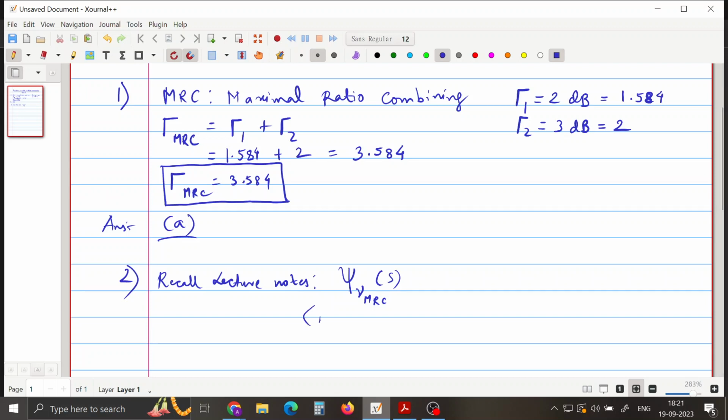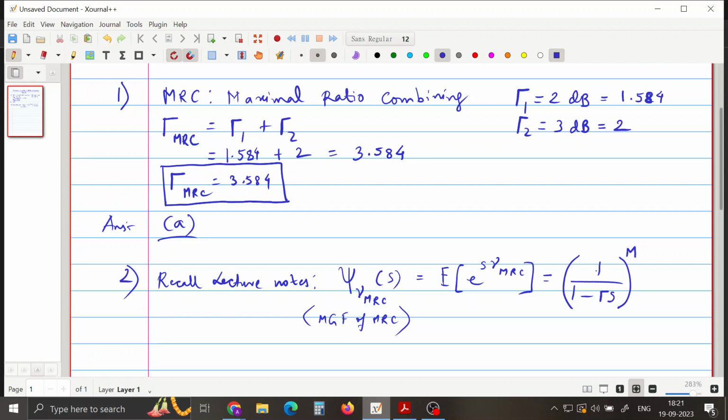So this is your MGF of MRC, that is the expectation of e power s times gamma MRC, and this we got is equal to 1 by 1 minus gamma s whole power m,